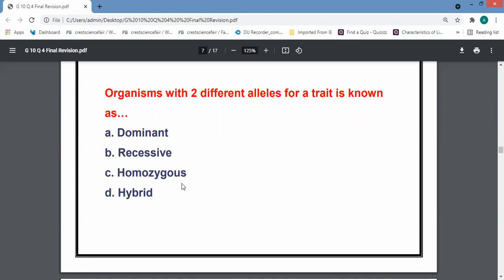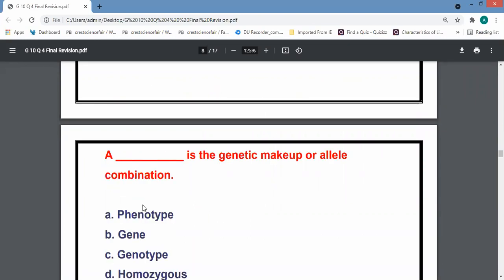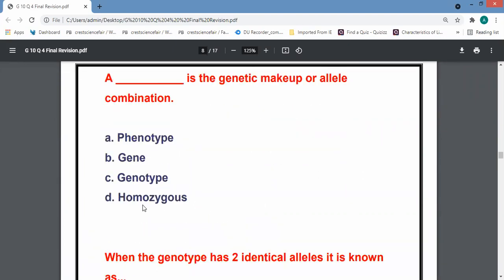All of them mean two different alleles. I will repeat them again. Hybrid, heterozygous, impure. Okay? The genetic makeup or alleles a combination